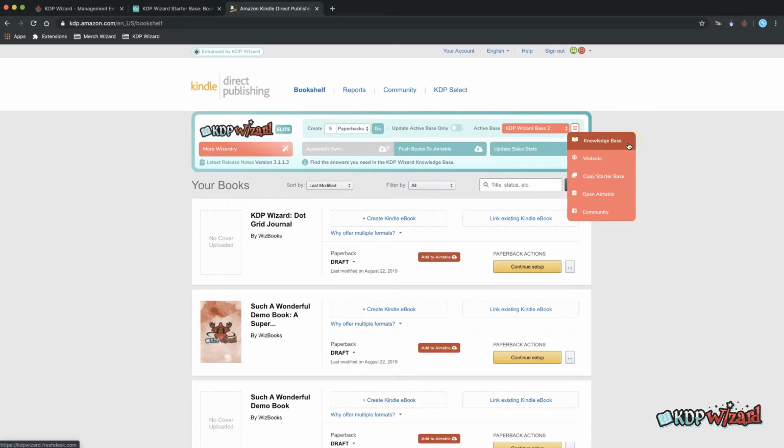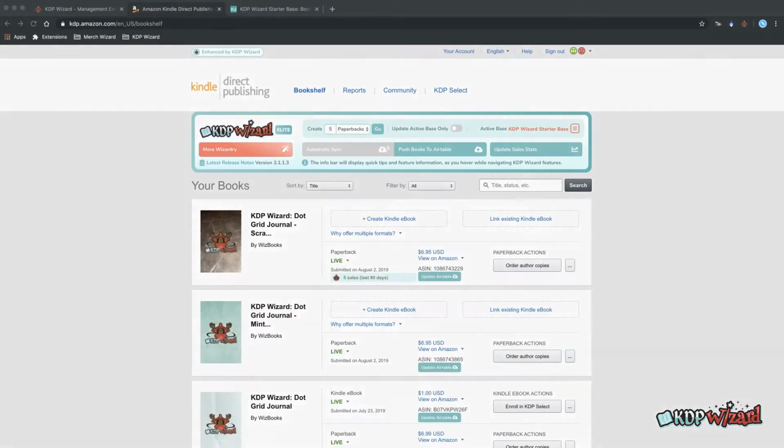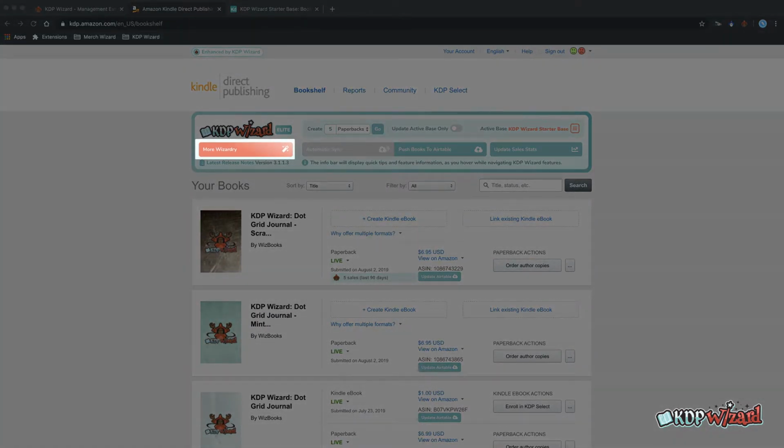For example, a link to our knowledge base, website, the starter base, Airtable and our Facebook group. So keep an eye out in here for useful links that don't class as more wizardry. The More Wizardry button menu is reserved for features that aren't required as regularly. New buttons and features we add in the future will be placed in here to try and keep the interface